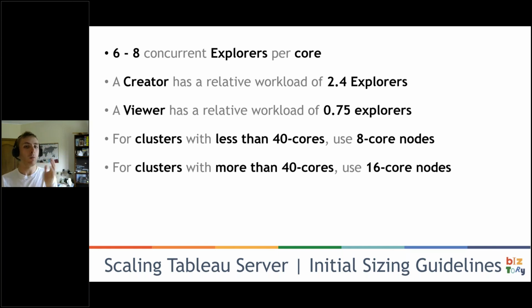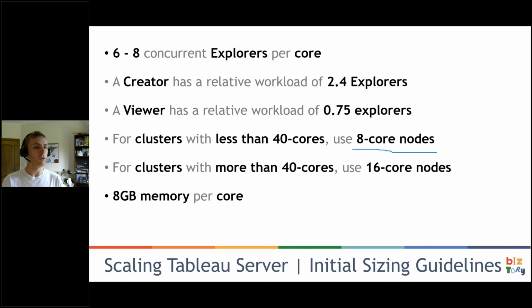And there's just one final side rule, which is the fact that you'll assign 8 gigabytes of memory per core, typically. So if you have a typical 8 core node, which is very often your start, we'll find, you would assign at least 64 gigabytes of memory to that node. And to get into some examples, because this is really abstract,